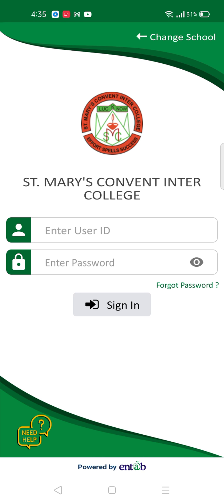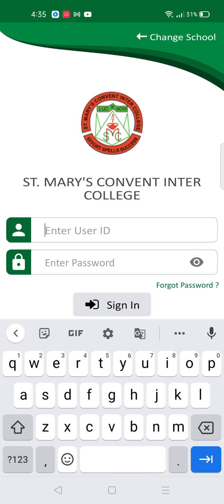As soon as you get to this page, you will be asked to enter the user ID and password. The user ID and password you have just got through text message. If you see in your text message, all the parents, you have got your user ID and password. Just enter the same user ID and password.